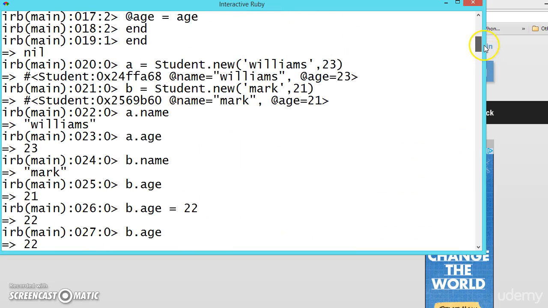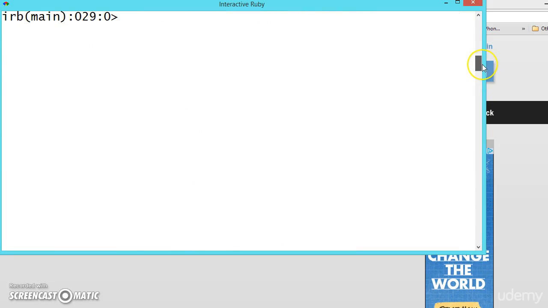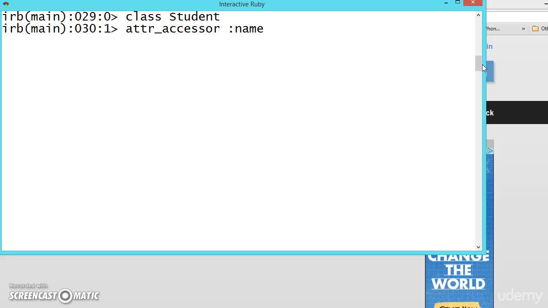So suppose we want all the variables to be readable and writable. There is one more functionality. Let us see that also. Class Student, attr_accessor. This is for both reading and writing. Whatever variables we write here are readable and writable.